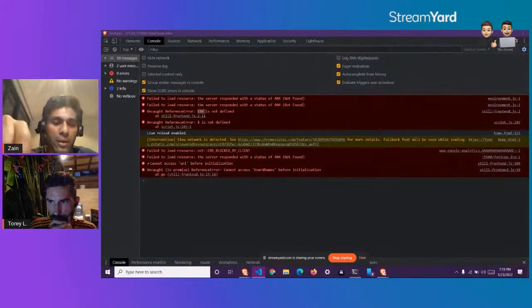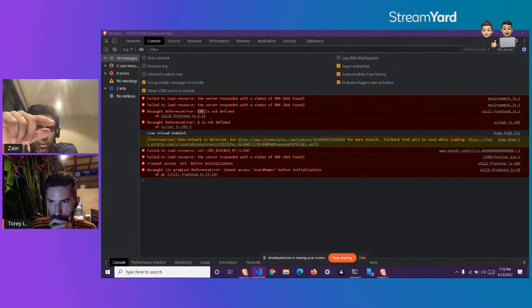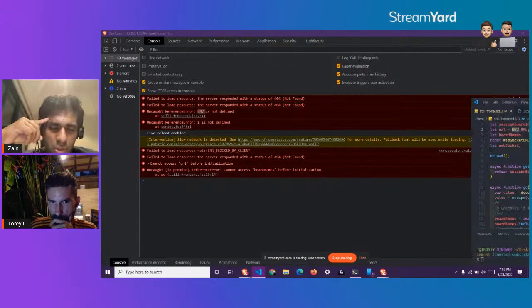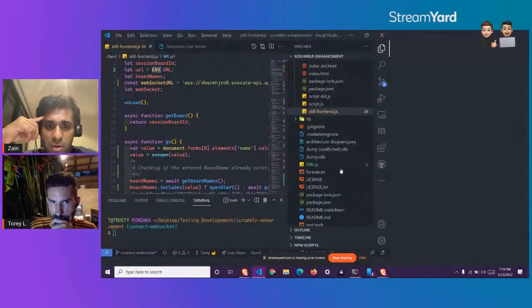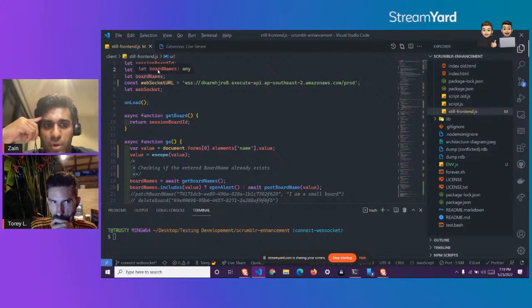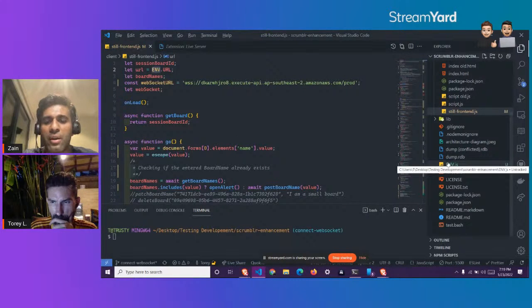Maybe I think the problem is that the naming of the environment.js file is different to what is referenced. So you know where you named the env.js? Yep.